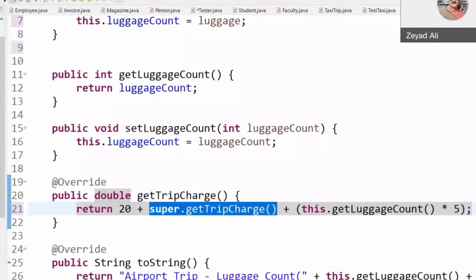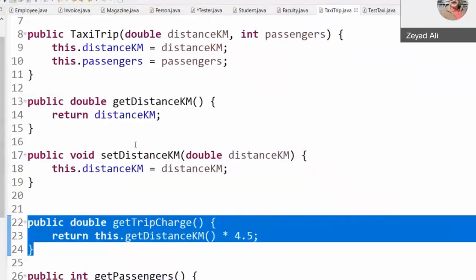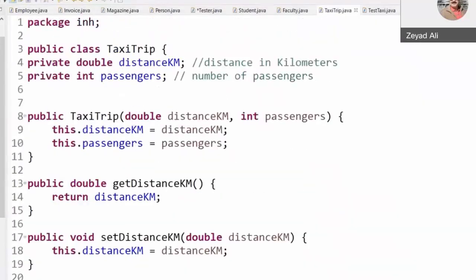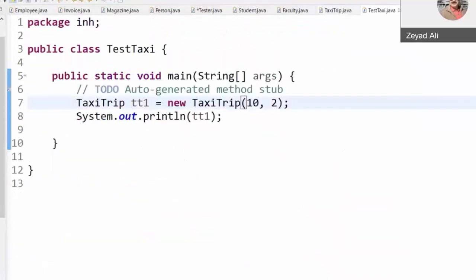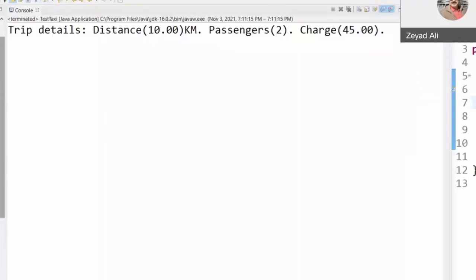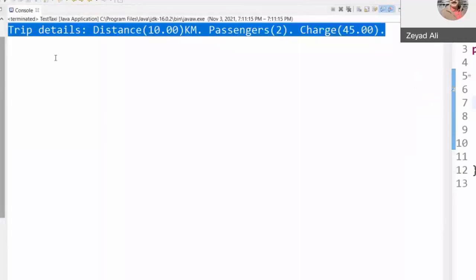One more thing. Let me show you here how things work in the tester, TestTaxi. See, the output is a nice output. However, what is missing here? What's missing is the number of luggage, right? What's missing is the number of luggage and maybe other details.